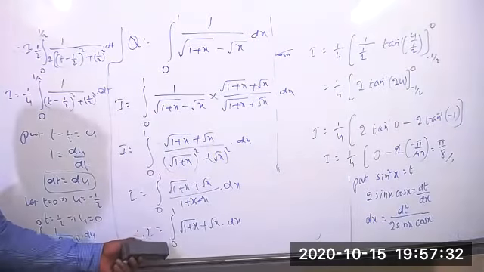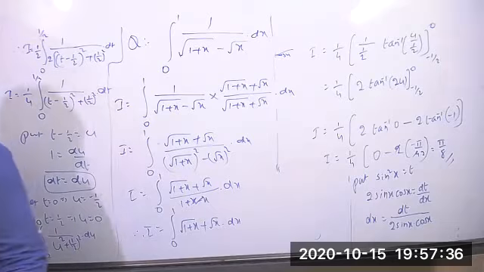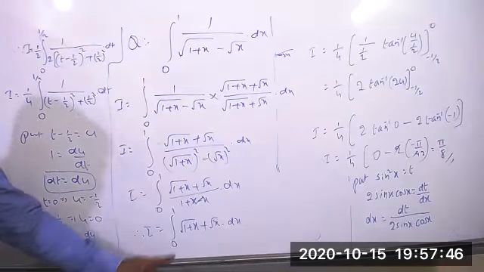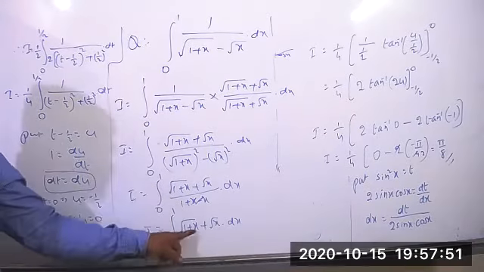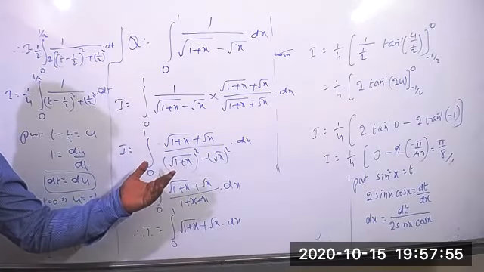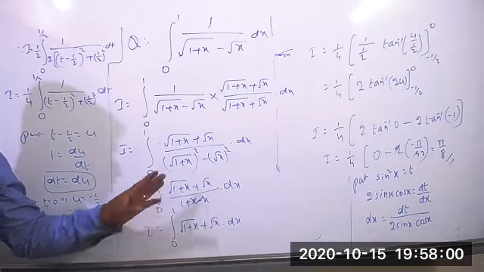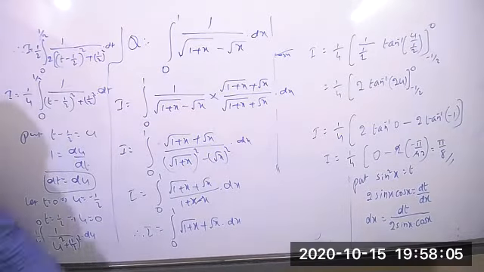Directly, you can apply the integration to these two terms separately. All of you can try it yourself and tell me the answer. Very easy. Apply the integration separately. What is the meaning of root of 1 plus x? It is 1 plus x whole power 1 by 2. Apply the formula: integral of x power n equals x power n plus 1 by n plus 1. Then upper limit minus lower limit. Complete it fast.